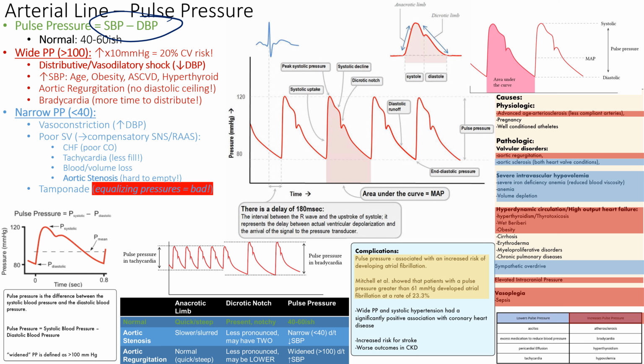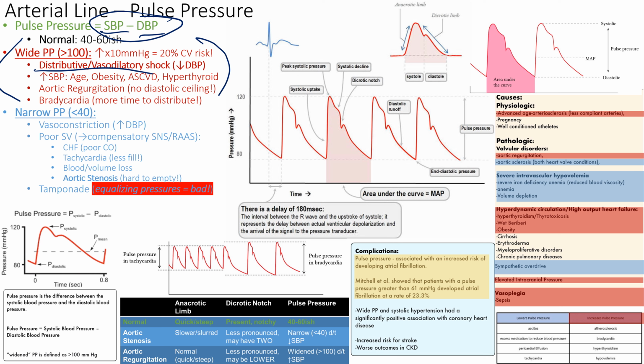So they have a really wide pulse pressure, like 100 over 20, or let's say 140 over 40. That's a huge pulse pressure, right? So systolic minus your diastolic. Normal is about 40 to 60-ish. If you think of 120 over 80 or 90 over 60, that's 30 to 40 points of difference. Why would you have a wide pulse pressure greater than 100, right? So we have a distributive shock, a vasodilatory shock of some sort,